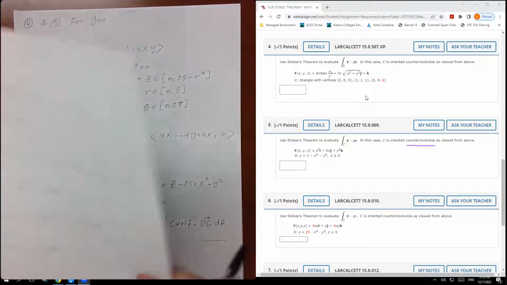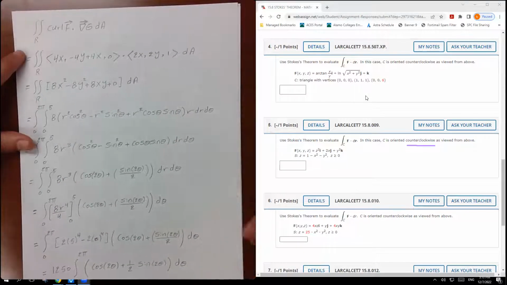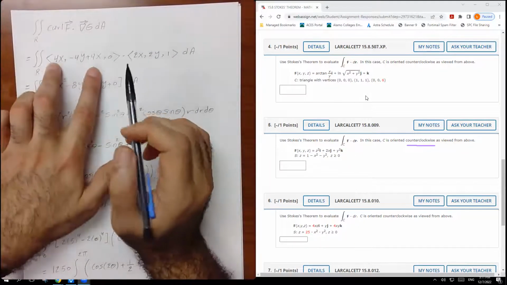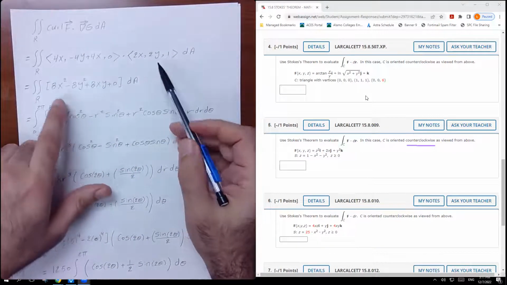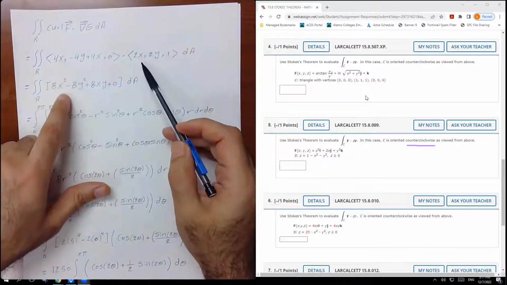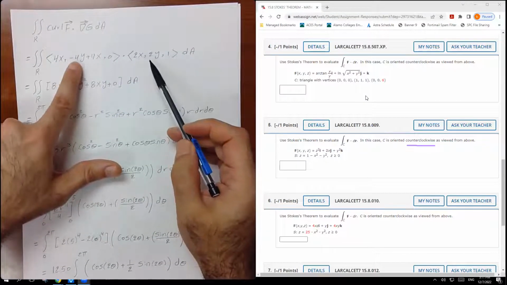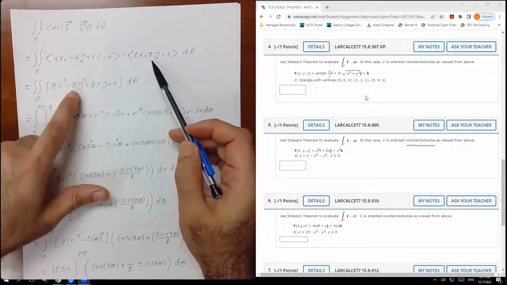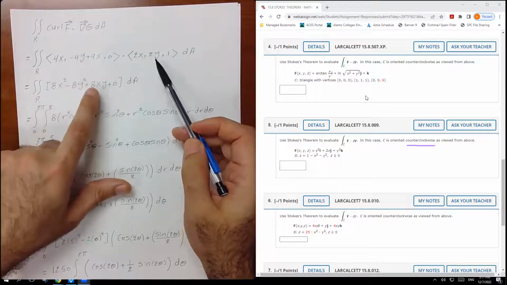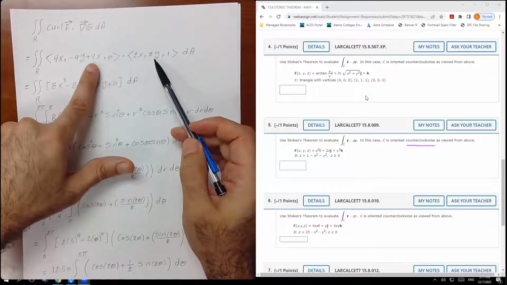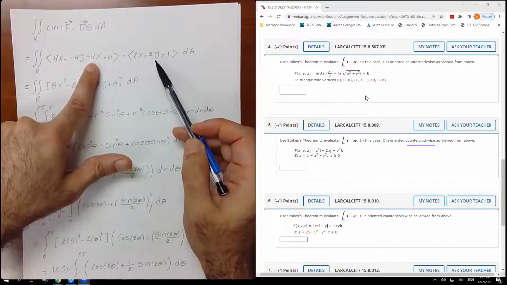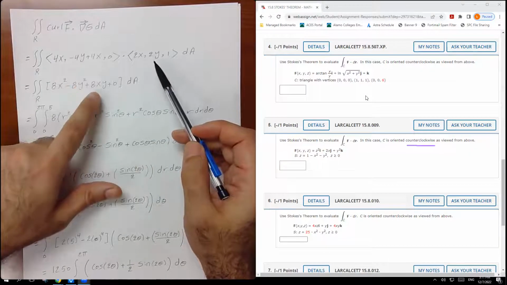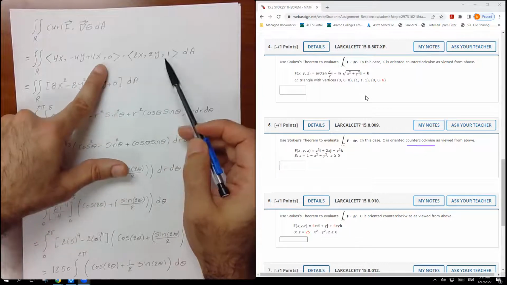So next step, we need to find the integral. Here's the curl of f and here is the gradient of g. We have to do the dot product. So it's going to be 8x squared minus y, 8y squared, and this one times also y, 2y, so it's going to be 8xy, 0 times 1 is going to be 0